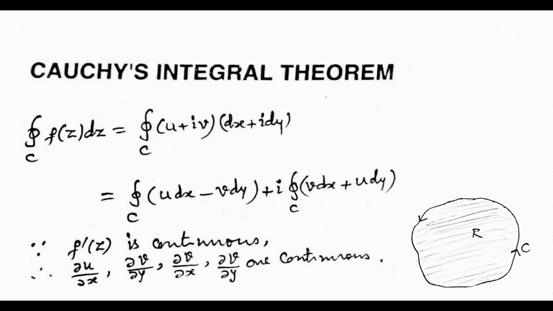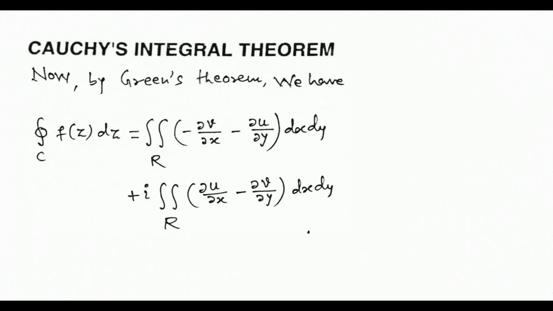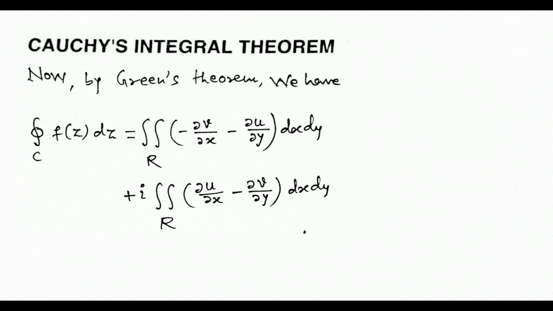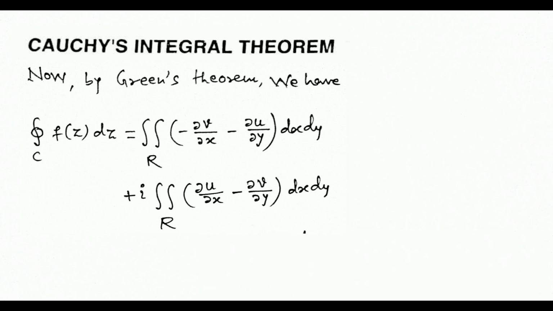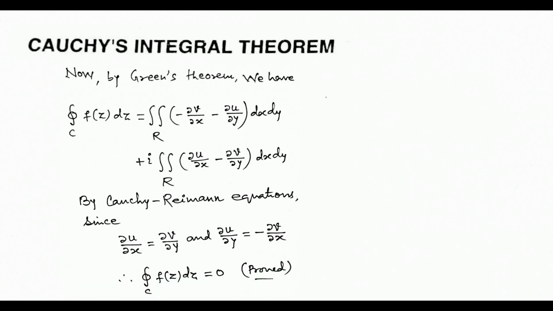The partial derivatives of u with respect to x, u with respect to y, v with respect to x, and v with respect to y are all continuous here, as f'(z) is given as a continuous function in the statement, which is sufficient to apply Green's theorem. Now it reduces to 0 on applying CR equation. Here the result is